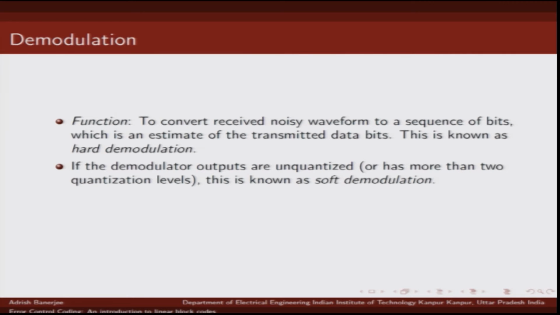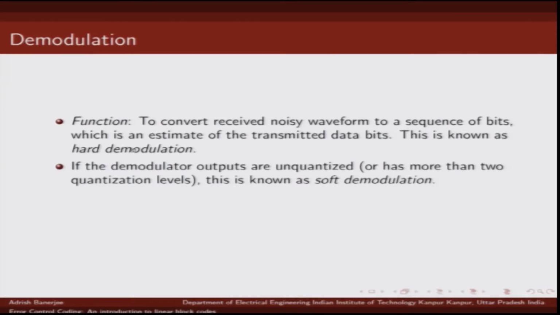In hard demodulation, we basically lose a lot of information. For example, consider binary transmission, where you are sending zeros and ones using binary phase shift keying. Let us consider a scenario where 0 is mapped to +1 and 1 is mapped to -1, and let us say the received symbol was 0.01. Now, if you were doing hard demodulation, because its decision threshold will be 0, you will demodulate it to be